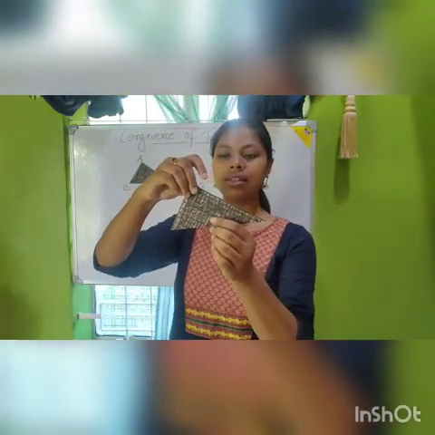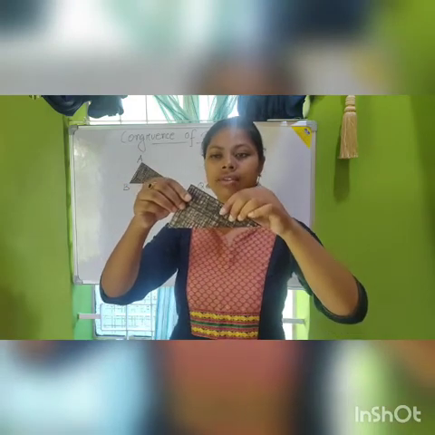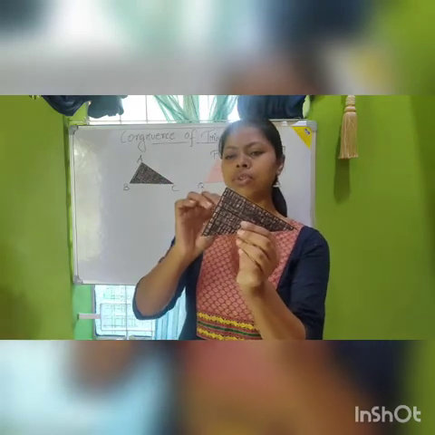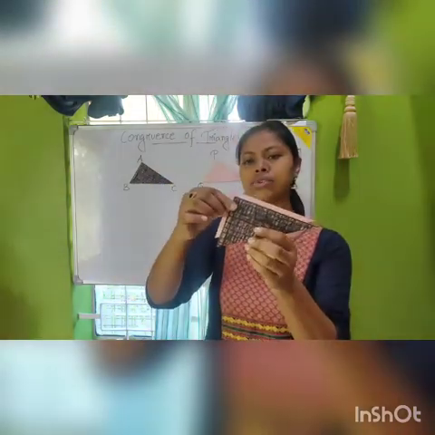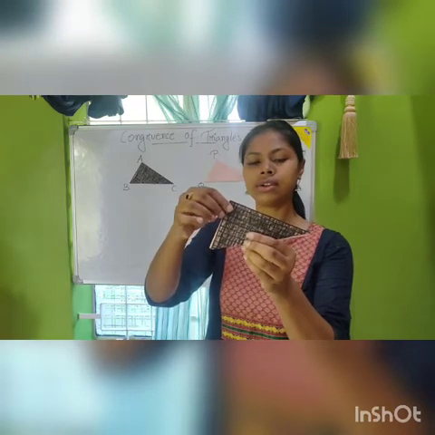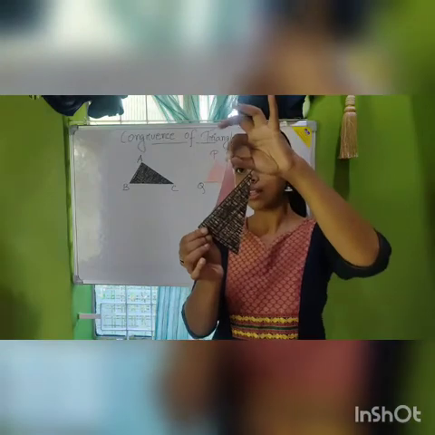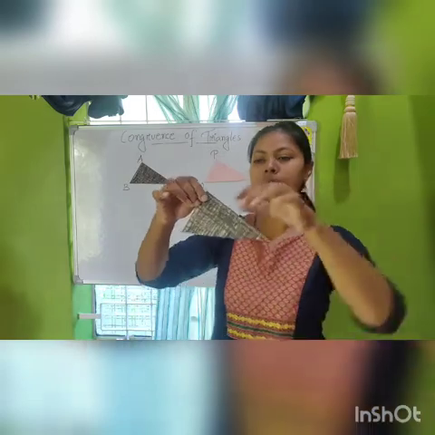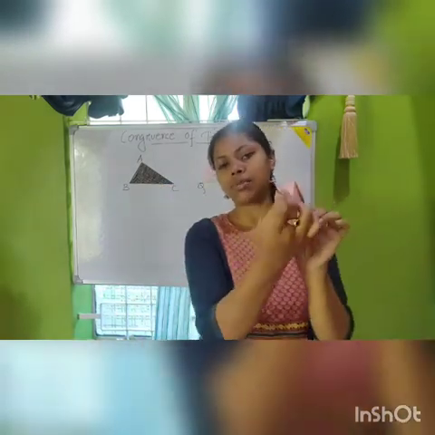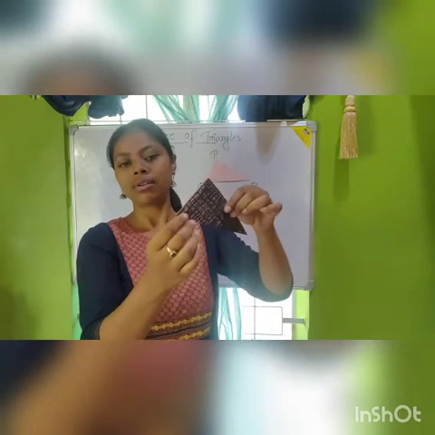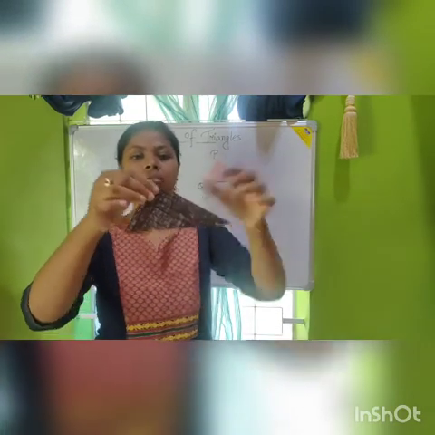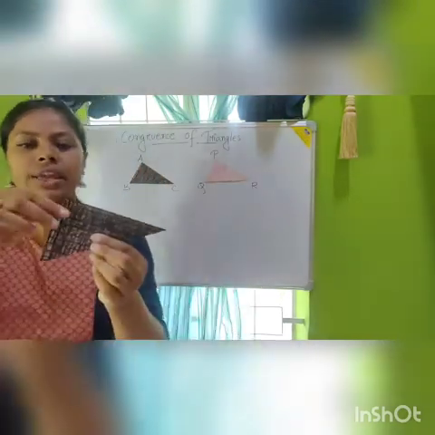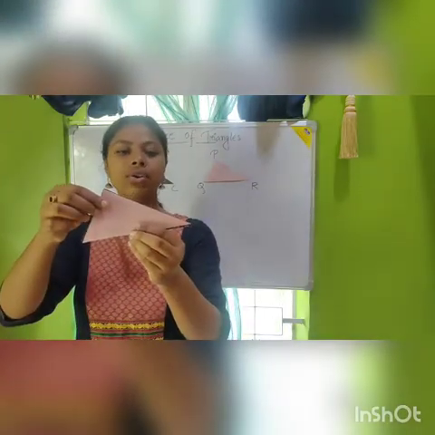Now if I arrange the vertices in an order, we can say that the vertices of the two triangles exactly superimpose one over the other. This is the vertex of the pink triangle and this is the vertex of the black triangle, so they superimpose. Similarly for the other vertices. All three vertices of each triangle superimpose one over the other, so we can say that these two triangles are congruent.